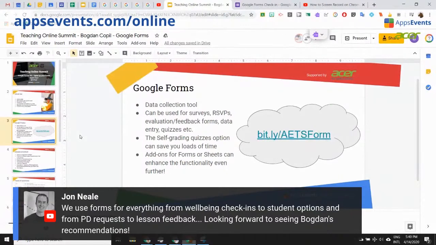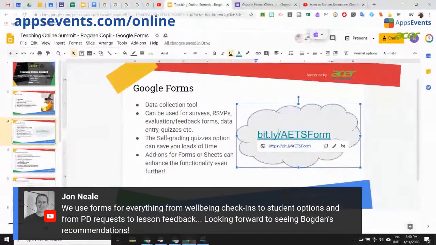And just to show you how forms work, just in case there's somebody in the audience that hasn't used the Google Form so far, if you can just follow this link or type it in a new browser tab, bit.ly/AETS form. So that stands for Apps Events Teacher Summit form. They are case sensitive, and actually what I'll do is I will also copy the link and I will paste